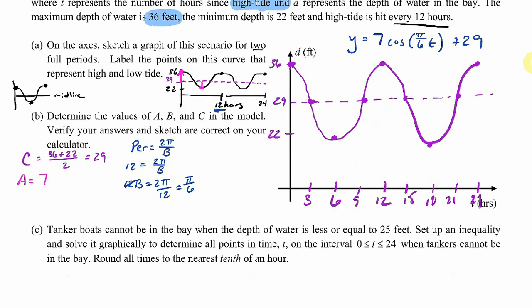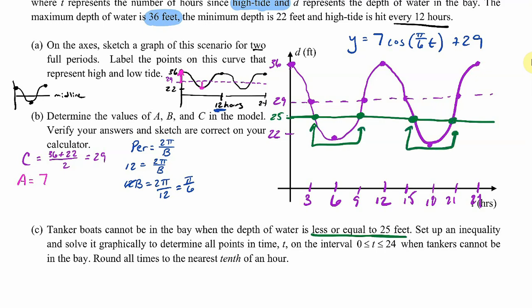Okay, so can't be less than or equal to 25 feet. So that's going to be right about here. Okay, so I'm going to draw that horizontal line in. All right, so now we got some calculator work to do. Basically, we're looking, the water is below that depth from here to here and on this interval,